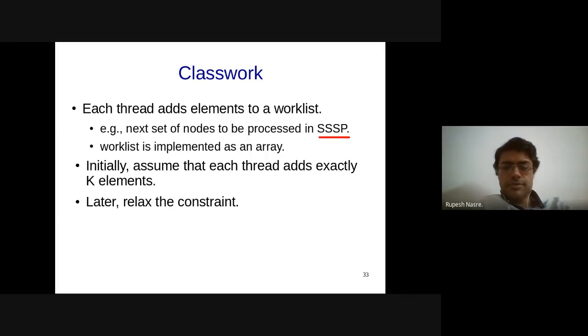No suggestions? Okay. So this is in contrast to what Venkat was suggesting, that we will require the critical section to have updating the counter and then adding the elements, element or elements, depending upon the value of k. Now, if you have gotten the counter, is it guaranteed that the counter is going to be a multiple of k? Why? Well, there is no such guarantee. If you are incrementing it by 1, there is no such guarantee. But if you are incrementing by k, then there is a guarantee.